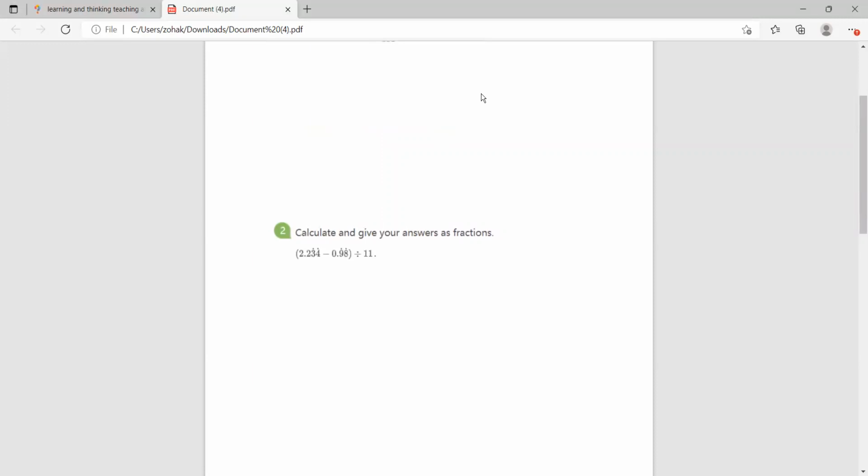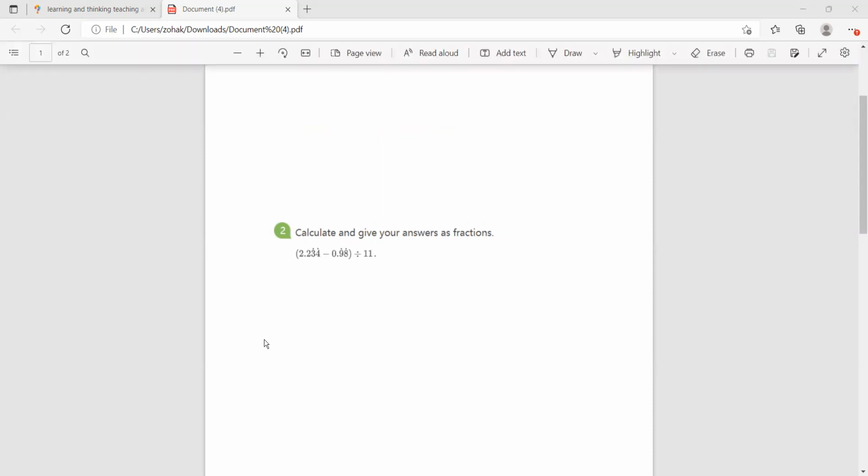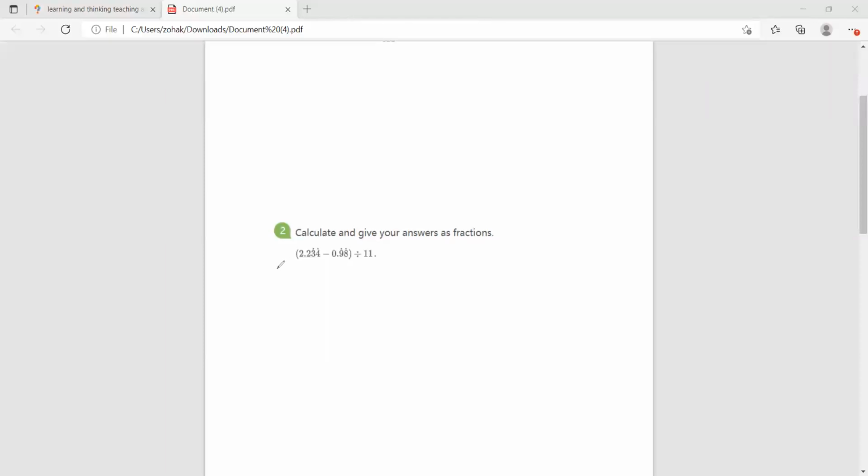So over here, we've just been asked to calculate and give our answers as fractions. And again, we've got a few fractions over here. We've got a few recurring decimals over here. So our first step, again, is going to be to change these recurring decimals and convert them into fractions. So let's start with